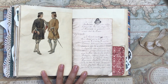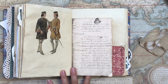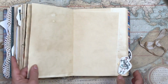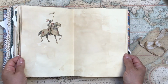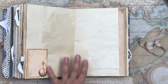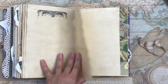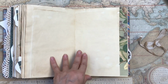And these are also from the European Renaissance, and some old letters here, and another tuck spot, washi, another lady here, and this is from the European Renaissance, a knight. Shakespeare has a lot of knights in his stories, and there's some more imagery here, washi, and from the royalty images, another royalty image here. These are delicate, and they go so well onto the pages, to add some interest on the pages,